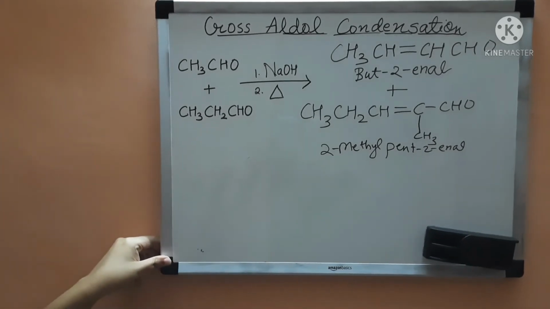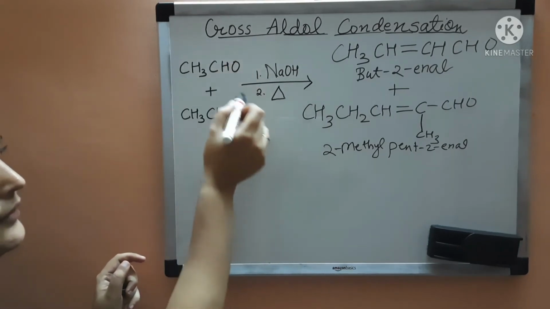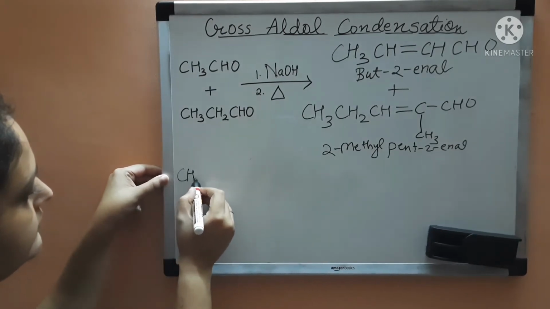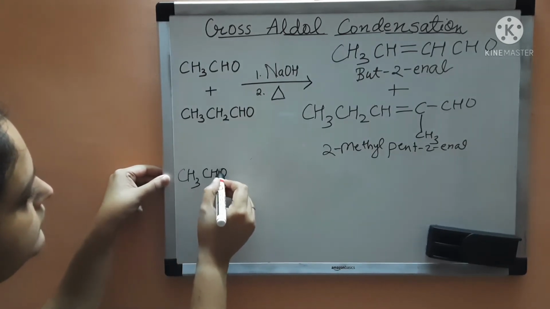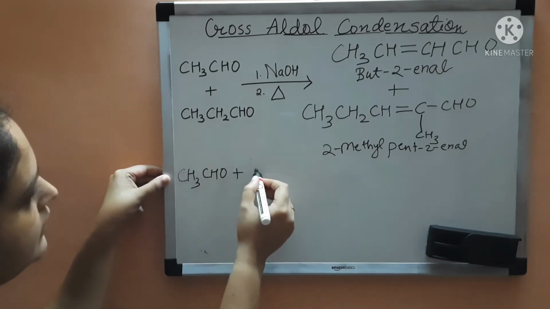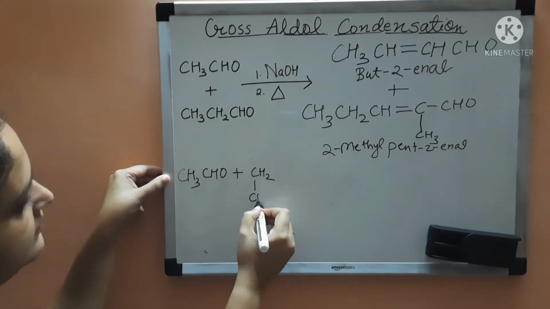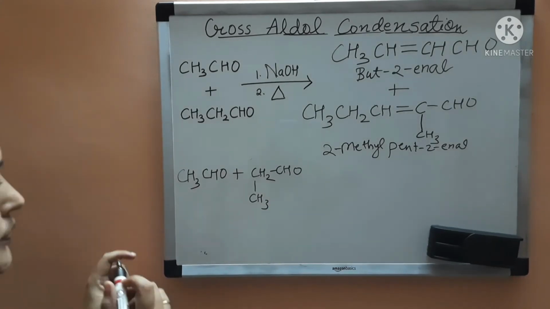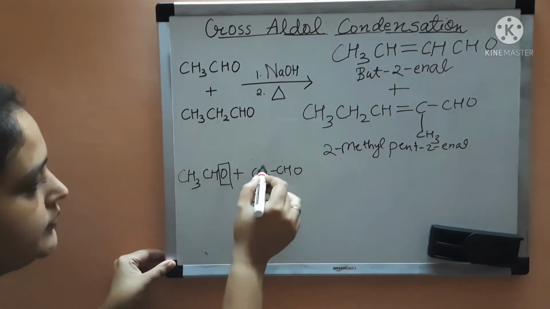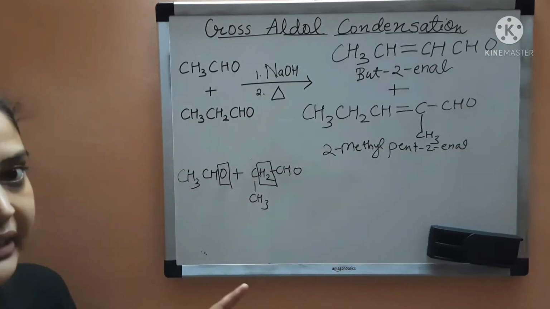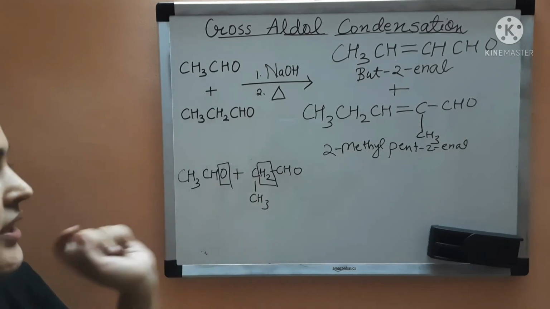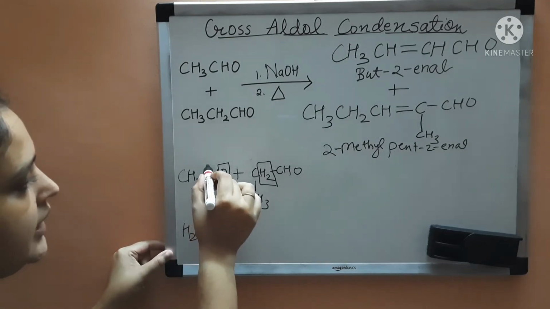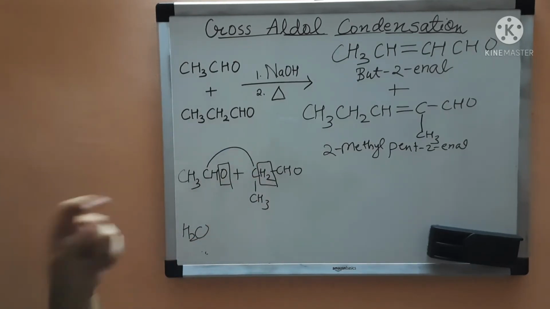So the next two products will be formed from one ethanol and one propanol molecule. If we take ethanol first and then propanol, here one oxygen is removed and two alpha hydrogen atoms. So these are alpha hydrogen atoms, and these are removed as H2O, and there will be carbon-carbon double bond formation, right?